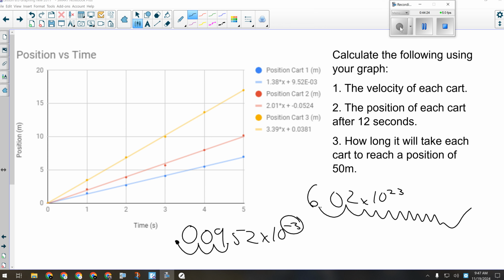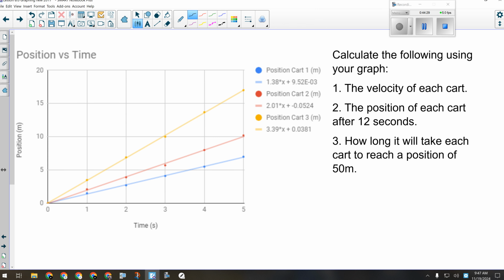Okay, how many people are done number 2? Okay, let's look at number 2. On number 2, are we looking for y or x? We're looking for y. Position is on the y-axis. Okay, so for cart number 1, we'll do that in blue. Okay, y equals 1.38 times 12 seconds. Are they all going to be times 12 seconds? Yeah. Okay, plus